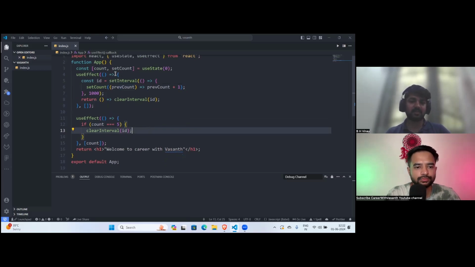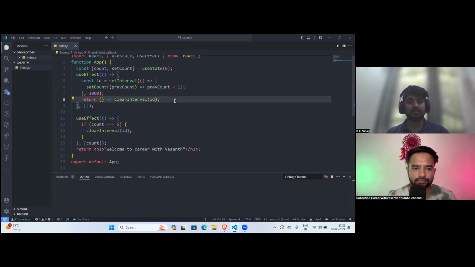I think the first thing is that the default value is 0 in count. But in useEffect, there is an empty dependency array and there's a setInterval. So setInterval repeats the same block, so setCount will be repeated every 1 second. Obviously, previous count is 0, so 0 plus 1, it will add up to one. But the return is a clearInterval, this will end the interval, I think, after completion of this.